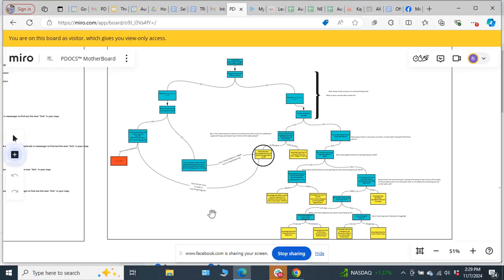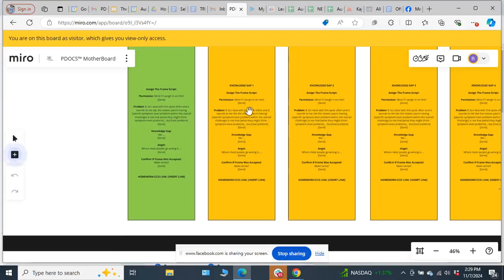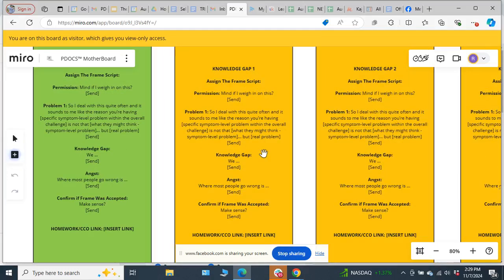Once they fall into one of these yellow buckets, now I can go down and assign the new frame. And then from there I can go to the call to action and then the obligation or accountability. So again, let's just go based on the model I just said, right? Hey, you're booking enough calls, but you're just not converting or closing deals. So first I say, mind if I weigh in on this? No, Ray, I'd love to hear your insight.